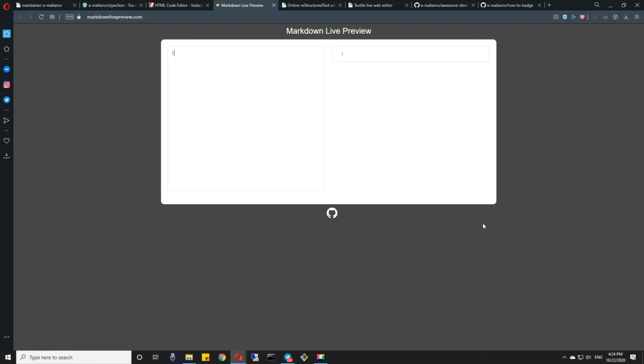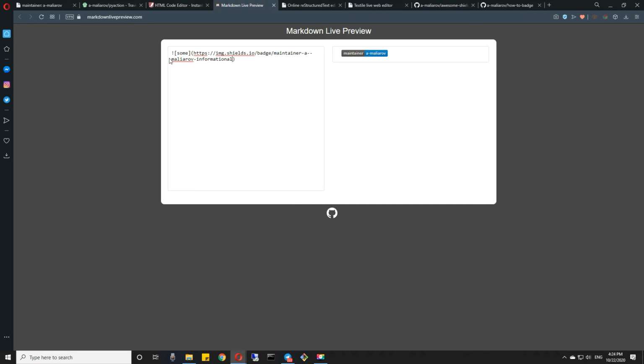It will be exclamation marks and square brackets and then round brackets. Square brackets are for alt. So for example, if I put some text right now without specifying the source link in round brackets, it will just show the text because right now it's impossible to get the image. Now I'm just specifying the source link and that's it, we've got a badge.